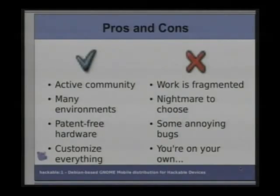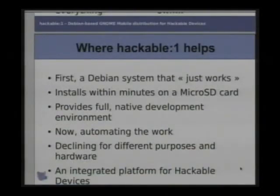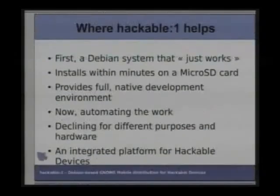And the biggest, coolest thing with the OpenMoko is that you can actually customize everything. You can flash whichever operating system you want. You can boot from the memory card slot, but you're on your own. Except we have our own system here to help you out. So it's based on Debian. That was a really cool how-to, and people were able to hack Debian and boot it within days on the OpenMoko. So we just basically installed it on an SD card, sorry, packaged it in a tarball,